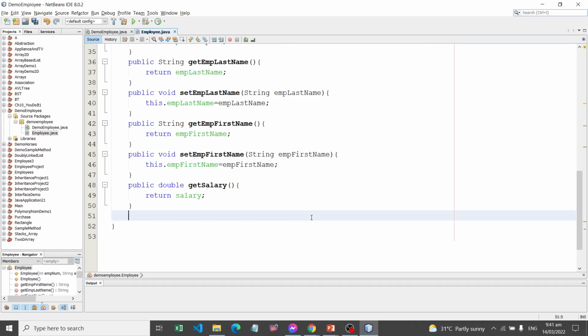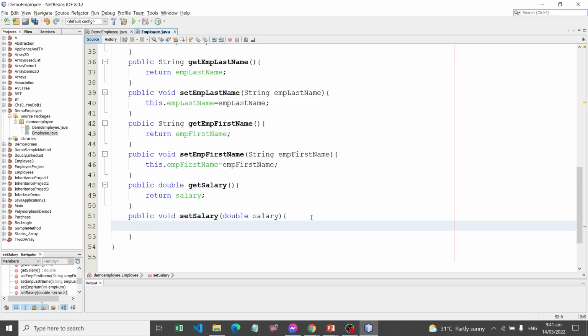Then, the setter for the salary. So, set salary. We need the parameter that will receive the type of double for the salary. So, this will set the value for our field salary. this.salary is equal to